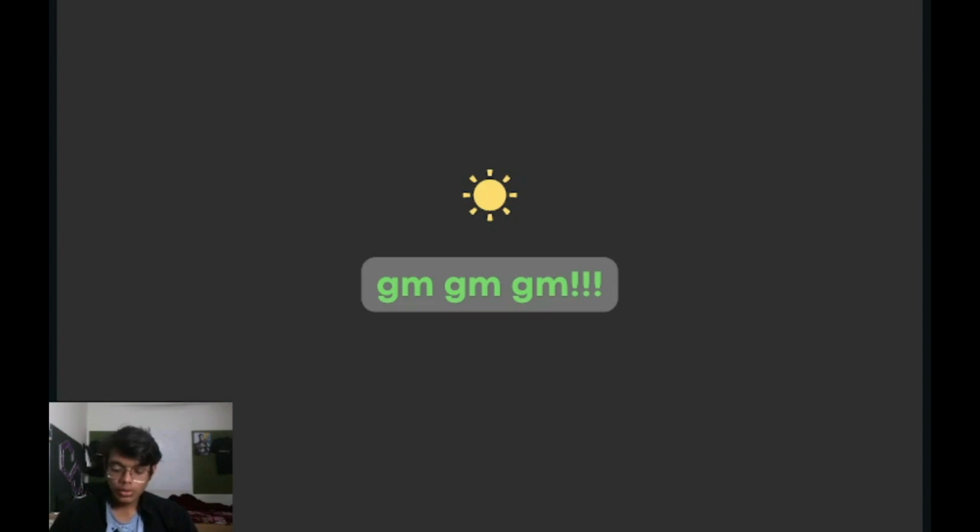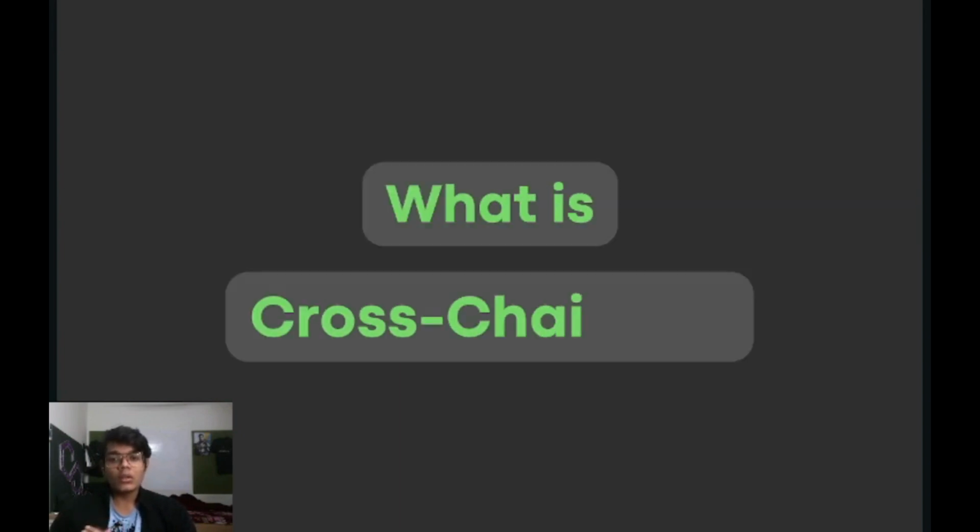So the first one is, what is cross-chain? What is chain interoperability? Chain interoperability or cross-chain is the capability of different blockchain networks or systems to interact and exchange information and resources with each other. In simple terms, it means different blockchain systems can work together as a unified network instead of operating in isolation. For example, one blockchain could be used to store financial transactions, while another could be used to store information about supply chain. If these two blockchains are interoperable, they can work together to create a new application that combines